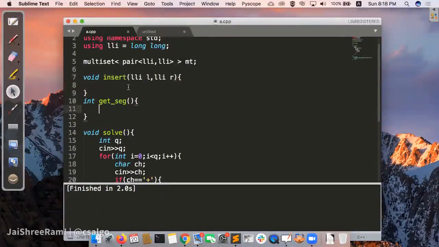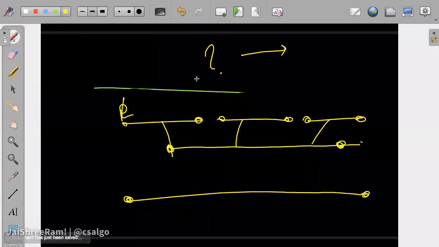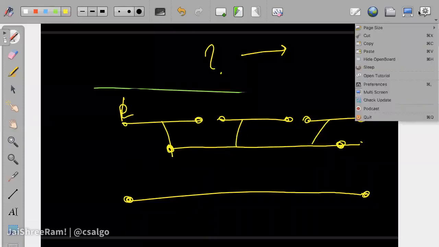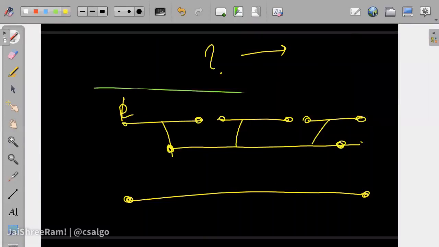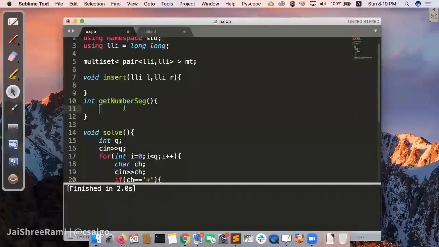Because based on what we are implementing, what is the answer for get segments? Yep, exactly. We discussed that we will be maintaining the number of connected segments in the line itself, so this multiset will maintain the size. So we just return its size. That's it.